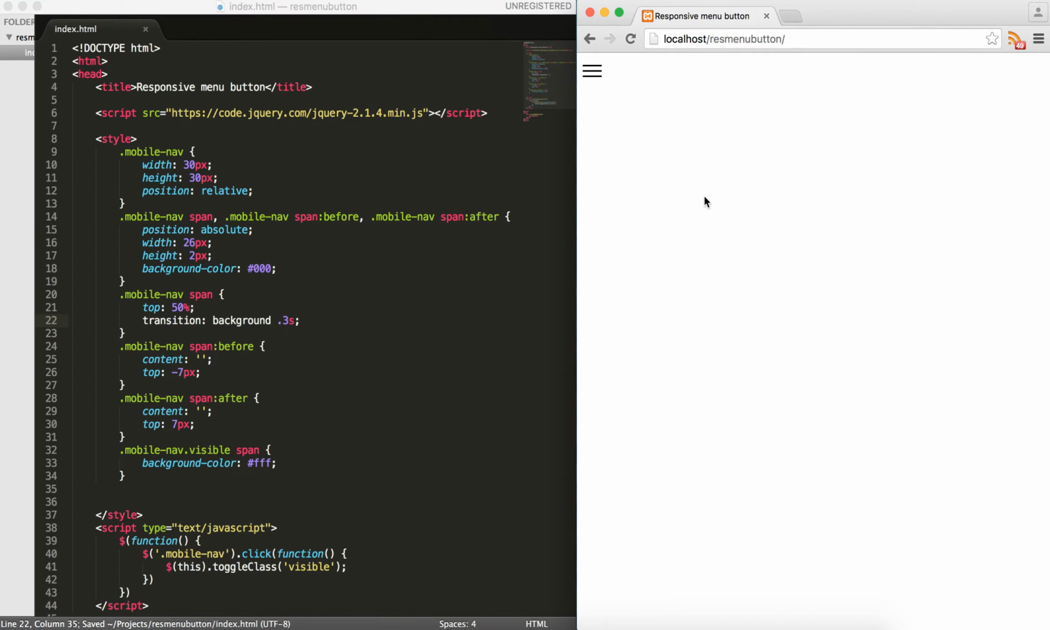Background. I think this is the right syntax. So now you can see that it goes away, right? And now I want the other two to rotate so that they shape the check mark, right? So what I'm going to do is that I'm going to